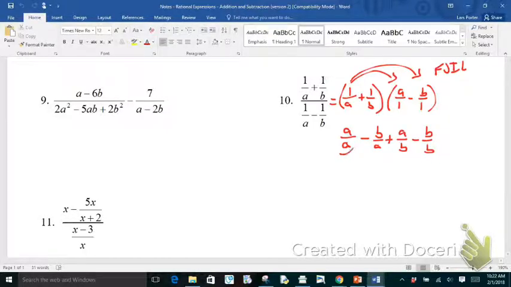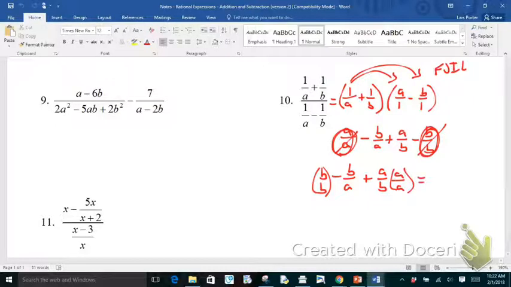Well, the good news is I acknowledge that this right here, a over a is 1, and b over b is 1, so I have 1 minus 1. These things really just go away, and I'm left with negative b over a plus a over b. In order to add these two things together, they have to have a common denominator, which means this left side needs a b over b, and this right side needs an a over a. And so I'm going to end up with negative b squared over ab